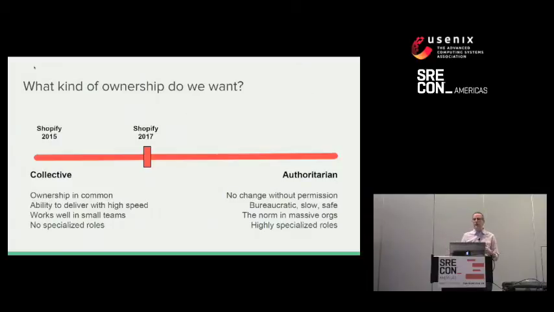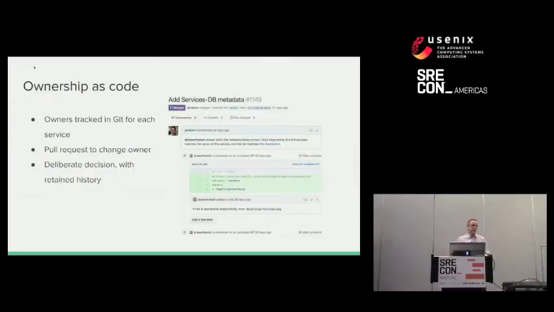So we wanted to retain the value of collective ownership as much as we could, but have a little bit more structure behind it. So the approach we took was really just the simplest thing we could think of. We have this metadata file in every GitHub repo that has information about a service. We actually added owner in there. So you record in there either an individual or a team, depending on the importance of the service.